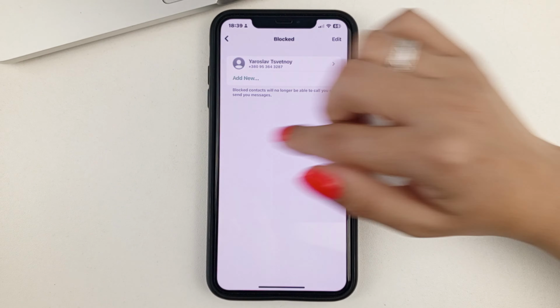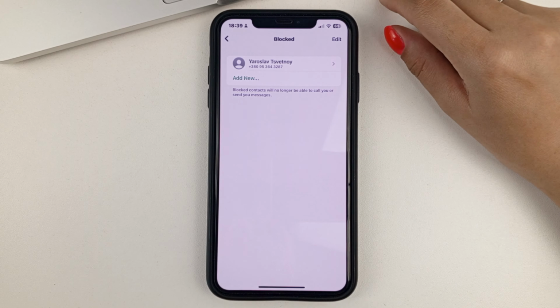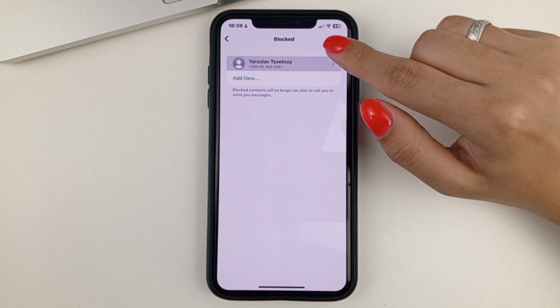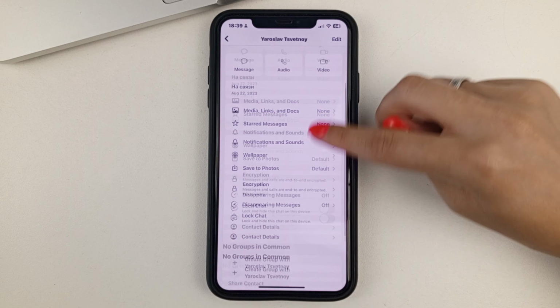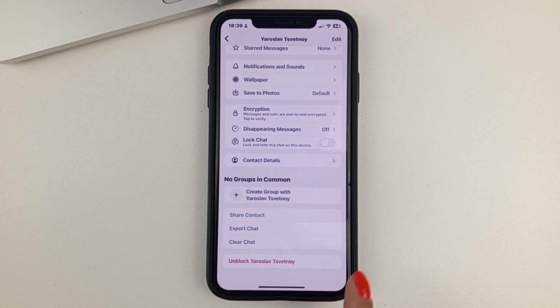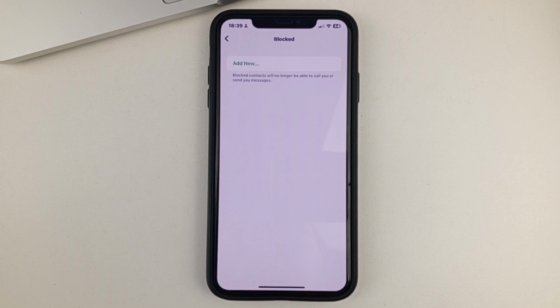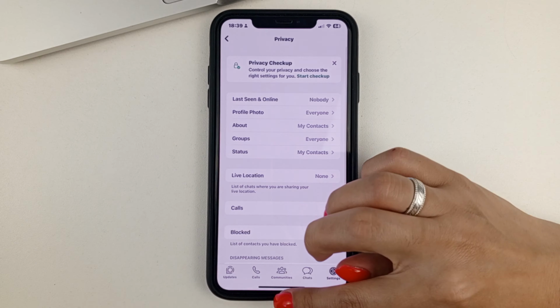And then to unblock, let's say, this contact, if you choose to unblock a person, then you have to click on their name. Scroll down to the very bottom and here, at the very bottom, you'll see the unblock function and the person's name. So you click on that. And as you can see, the block function appears immediately, which says that this person has been unblocked. And as you can see in the list of blocked contacts, he is not in the list of blocked contacts either. So this is immediately done.